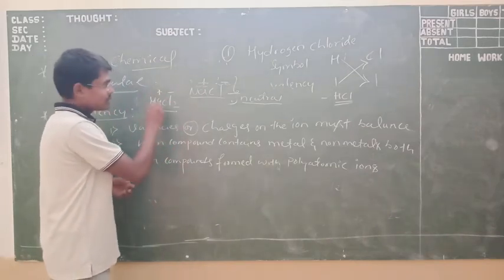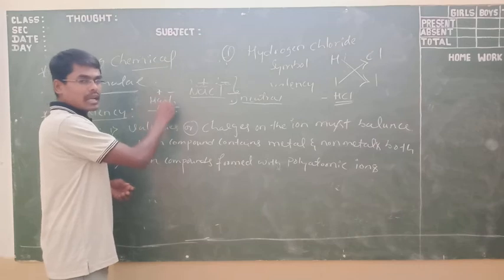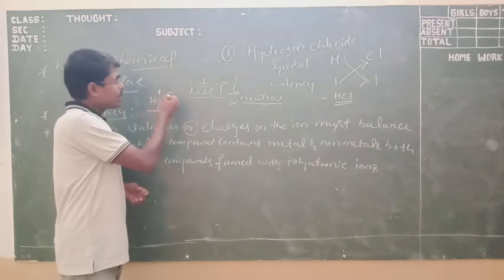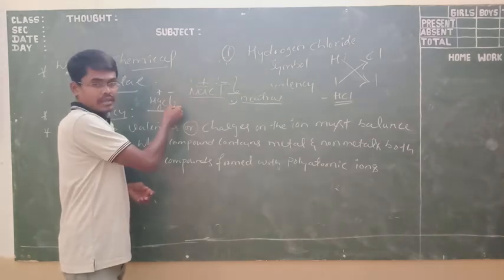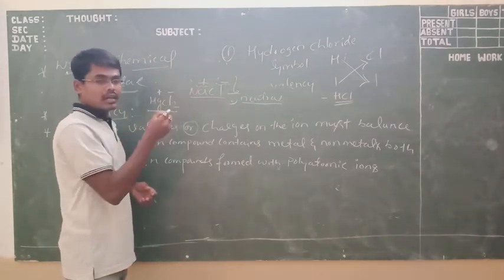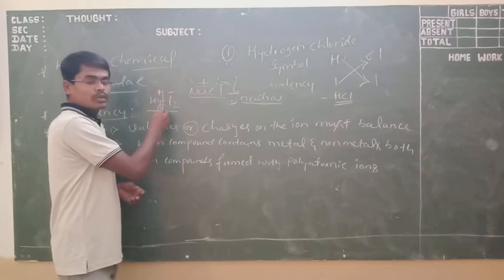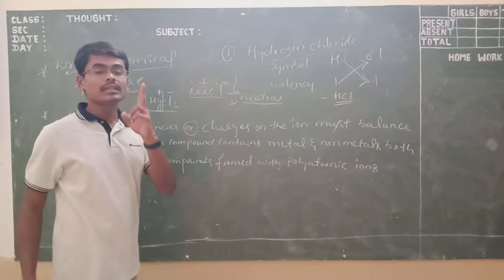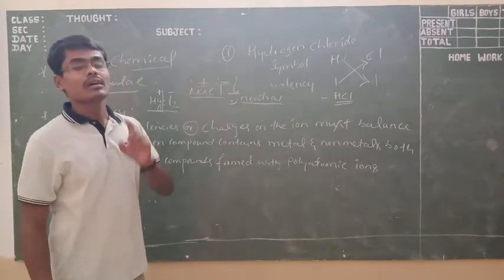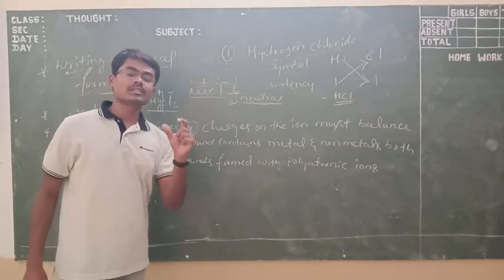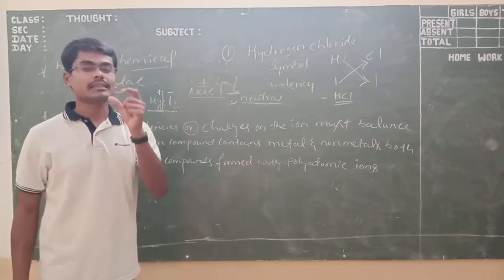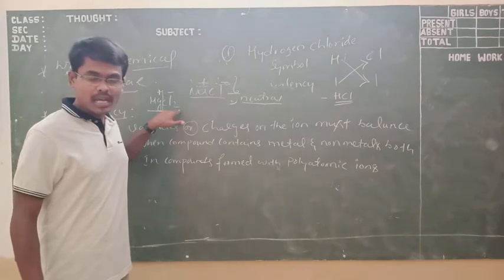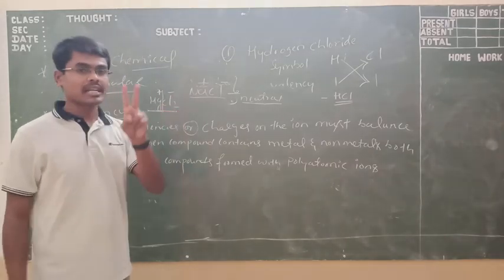In this case, the presence of both the metal and the non-metal, first we have to write the metals, then followed by the non-metals. Okay, at any cost, first we have to give priority for the metals and the next one is the non-metals. That is your second point. Nothing but for a given compound, the presence of both metals and non-metals, at that condition we have to write the first one as a metal and the next one as a non-metal. That is the second condition.